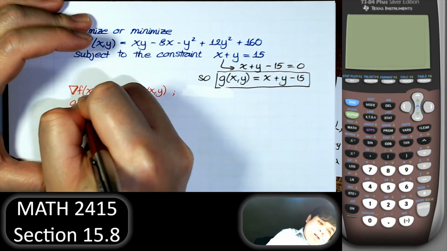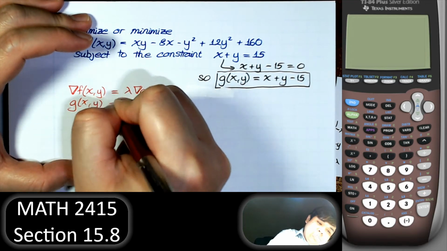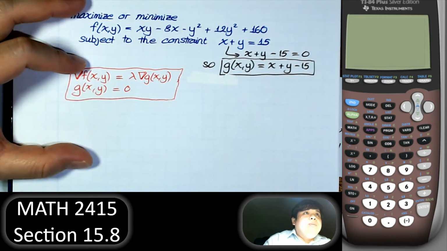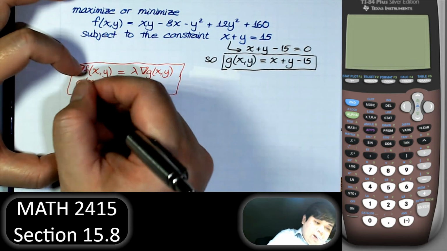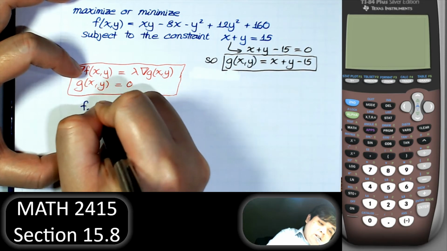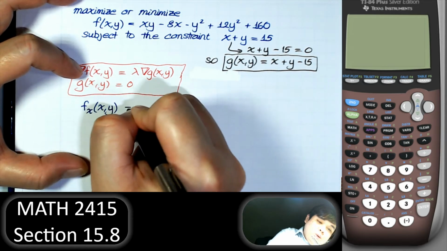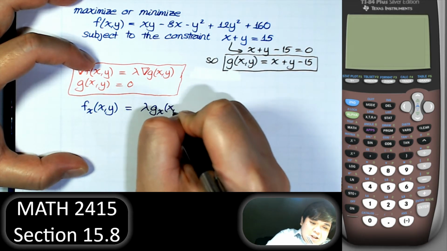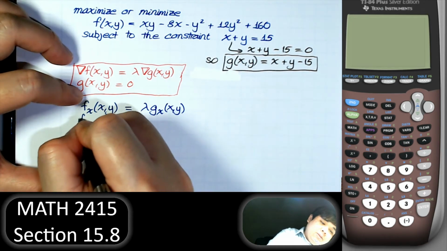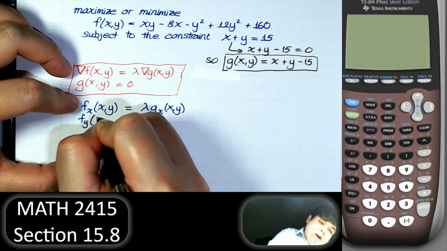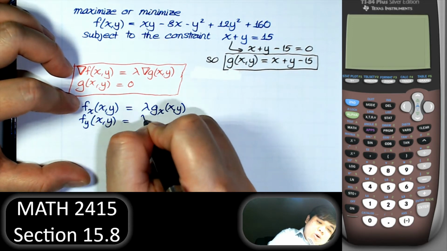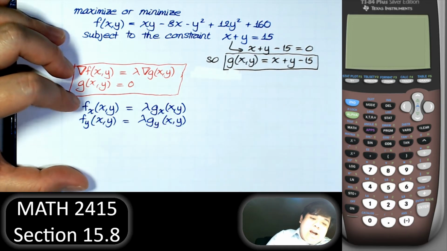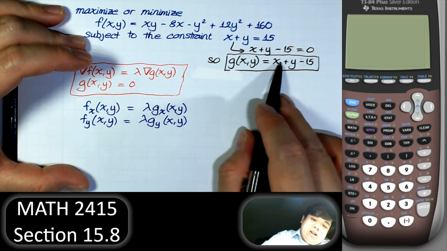And then g of x, y equal to 0. Right, so I will take the partial derivative of f with respect to x. Those will be a multiple of the partial derivative of g with respect to x. The partial derivative with respect to y must be a multiple of the partial derivative of g with respect to y. And finally, the constraint itself, x plus y